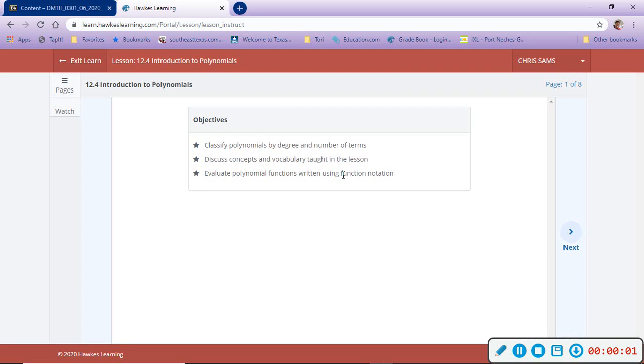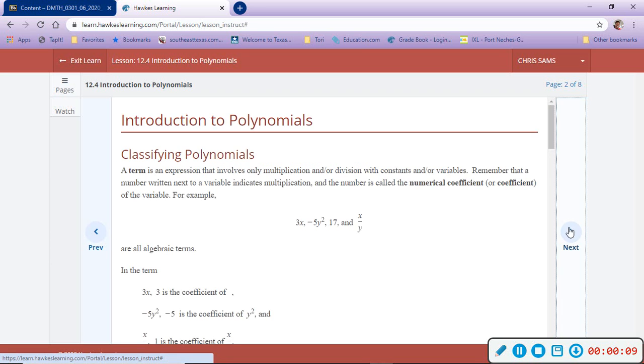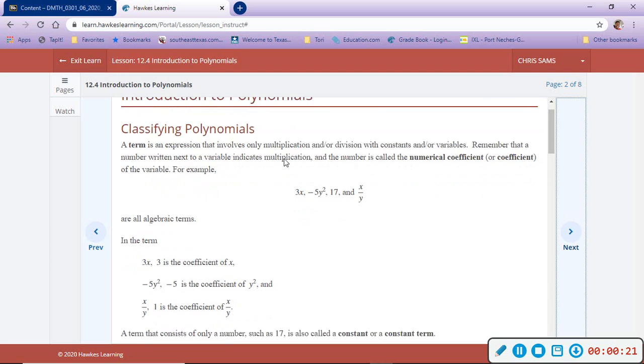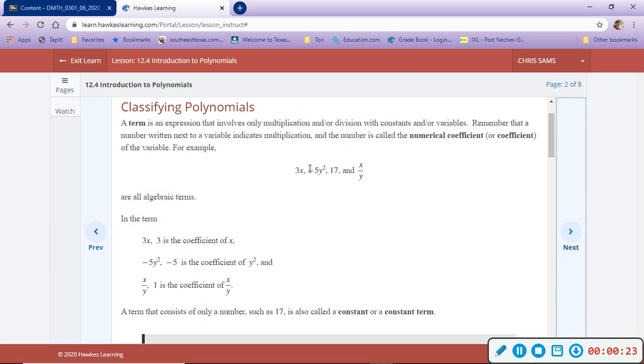Alright, 12.4, we're going to go through the learn because it's going to be important to know some of these terms and what the definition of a polynomial is. So when we talk about a polynomial, it's just a term that involves only multiplication or division with constants and/or variables. Okay, so here are some